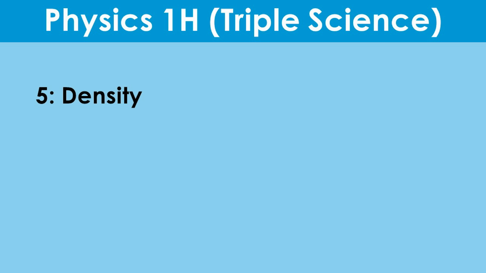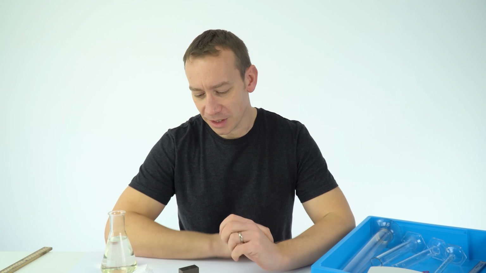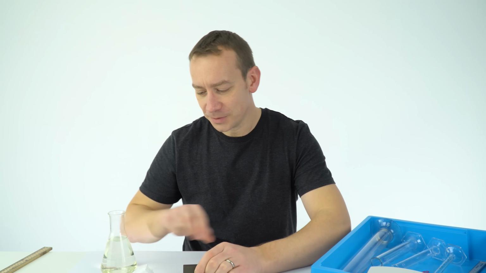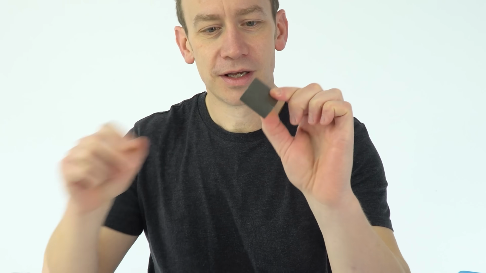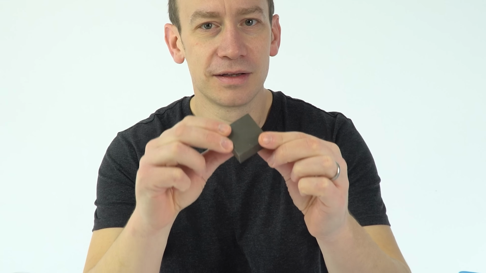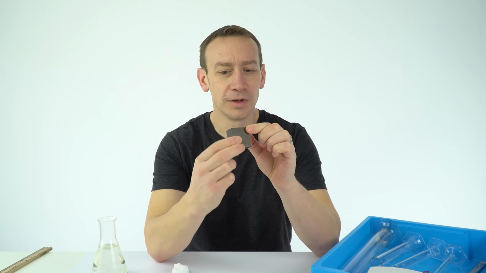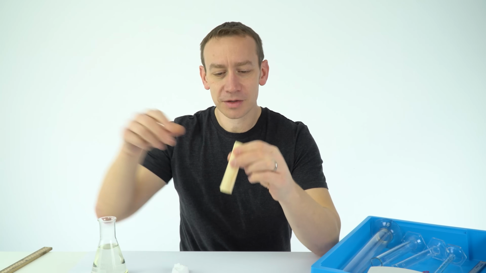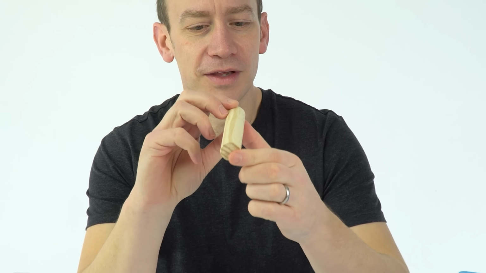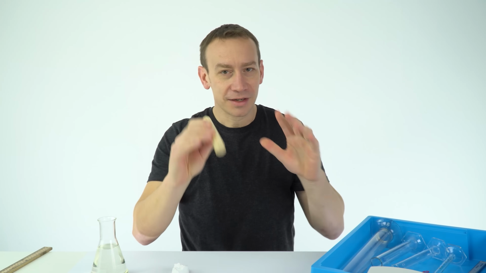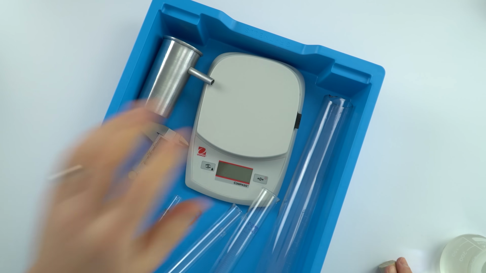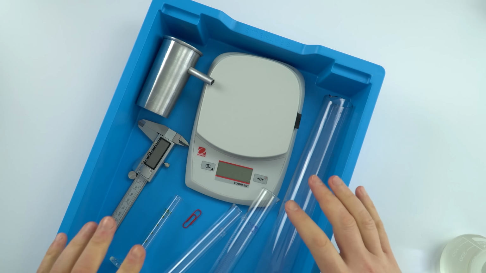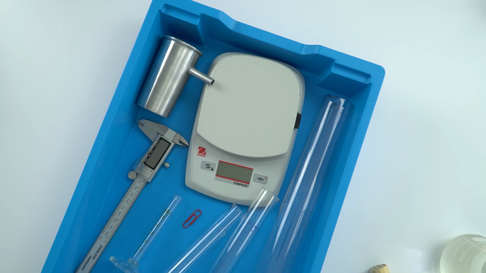So in this video today, we're going to be measuring the density of some objects. We have a regular object, we have an irregular object, and also we have a liquid. Now, if you had a cuboid, a shape like this, you could just measure the length, the width, and the height to work out its volume. But for this practical, I'm going to be measuring the volume of this cylinder over here. And to do that, and actually work out the density, I've got this whole tray of equipment. So I have a mass balance, and various other things to work out volumes and dimensions.